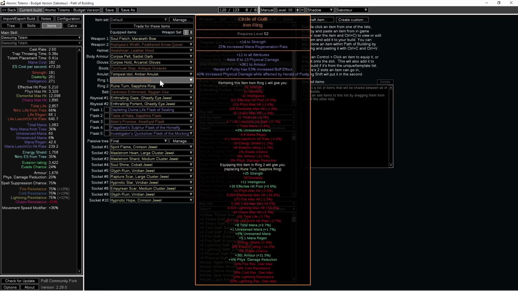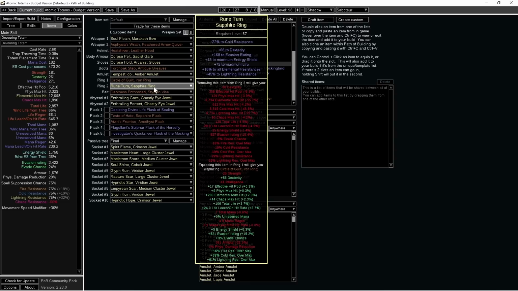If you are able to get one also with increased physical damage while affected by Herald of Purity, that is very solid as well. This one right here cost me 5 chaos. If you get like a perfect rolled one, I think I bought my in-game version for 2 divines. Moving on to our second ring here, we have basically just a ring with a ton of resistances, some life,